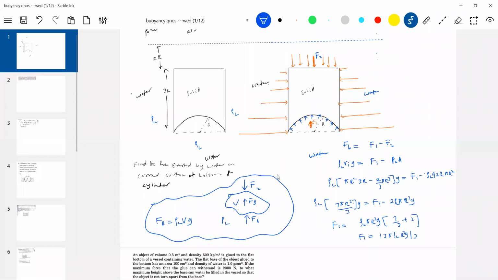Sir, why should it be upward? You see, the horizontal force will cancel out, because this will be radially outward. It will be like this. The horizontal force will cancel out, so the resultant force will be vertical, and that is what we are calculating here. It's a very good concept, with wide applications.